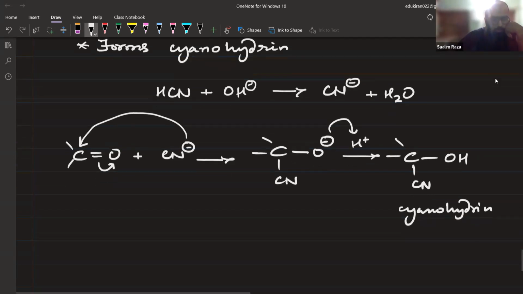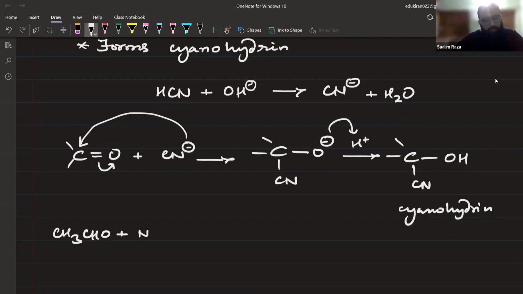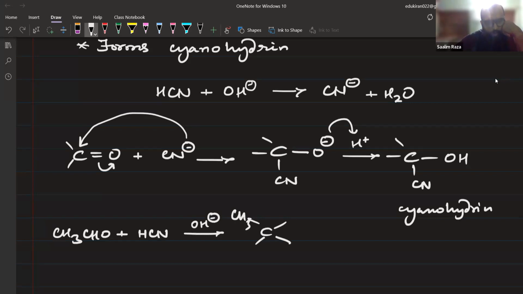So if you have CH3CHO plus HCN in the presence of OH negative, a particular base, you will have carbon, ऐसे बना दीजिए। कार्बन के पास क्या था? CH3, तो CH3 लिख दीजिए। कार्बन के पास एक हाइड्रोजन था, तो हाइड्रोजन लिख दीजिए। ऑक्सीजन का OH और HCN का CN।